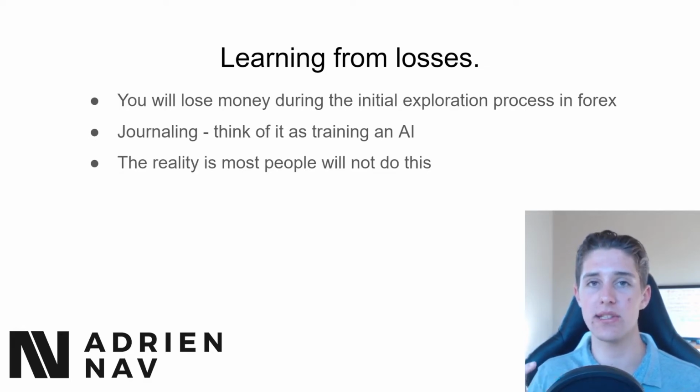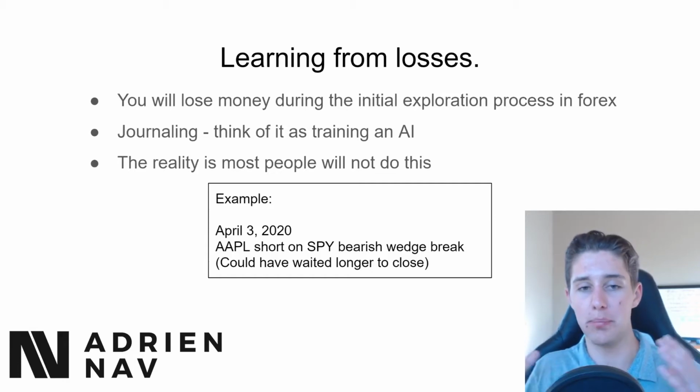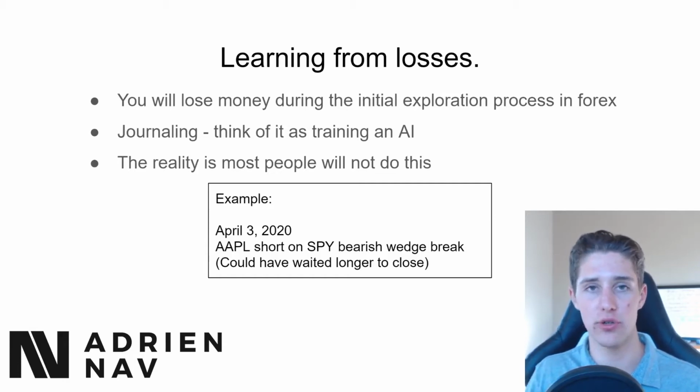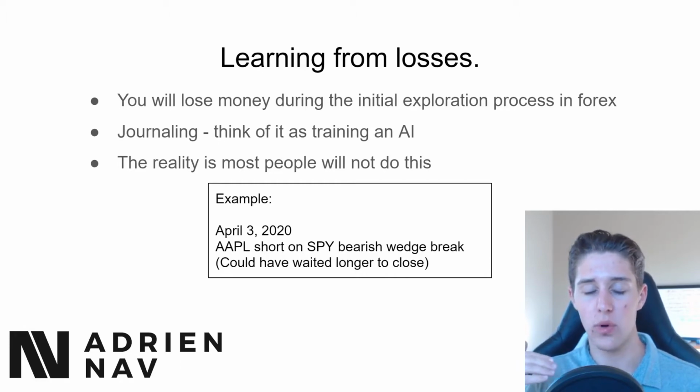And that basically just means accounting for what trades are profitable, what trades are unprofitable, and you write down all of the reasons why. Let me give you just a quick example of what this would look like. So here's a basic entry that I had in my journal from trading, I think just 2 days ago in the stock market. I was saying that I had an Apple short